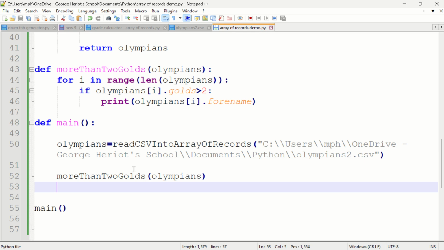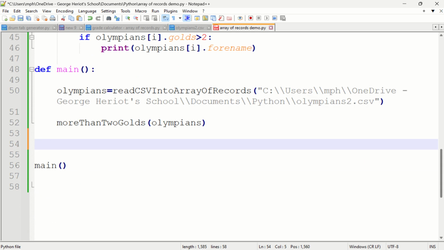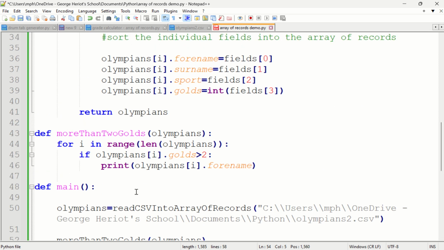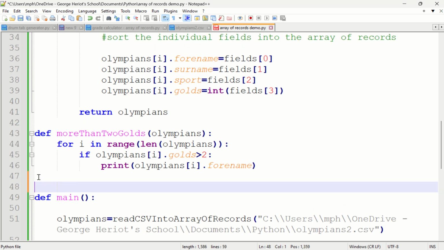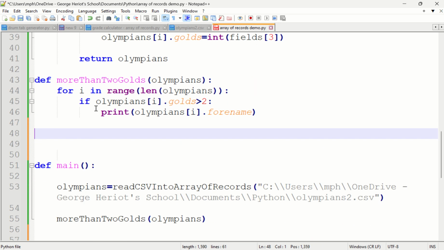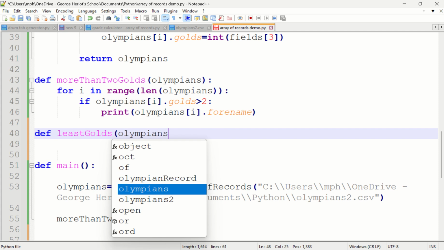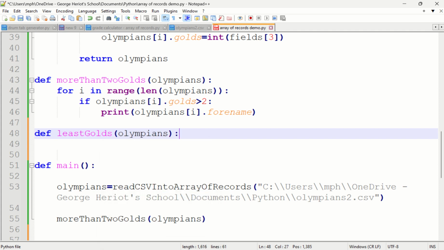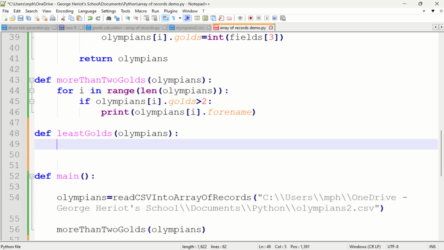I'm just going to do another standard algorithm example with my array of records demo. We did a linear search before. Let's do find minimum. So we'll find the person with the lowest number of golds. So least golds. Once again, I want my array of Olympians passed in, and then it's just a standard finding